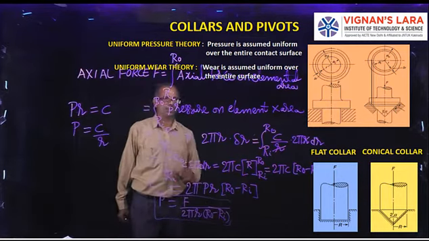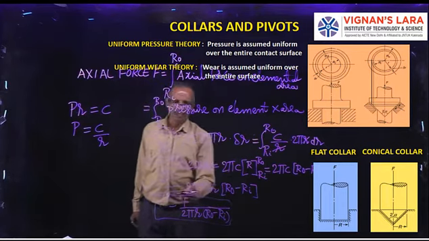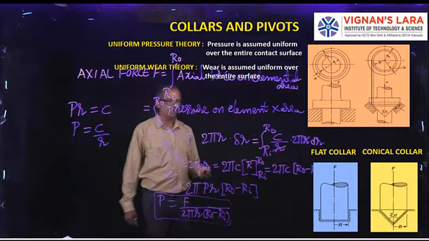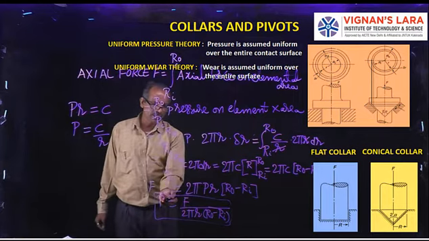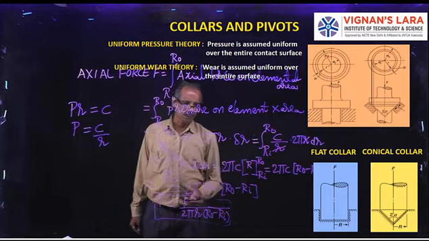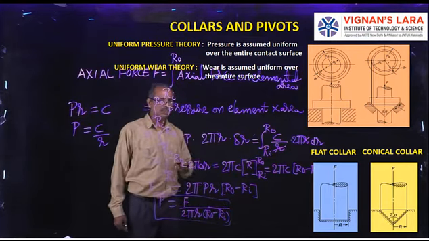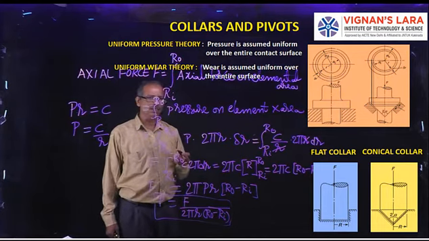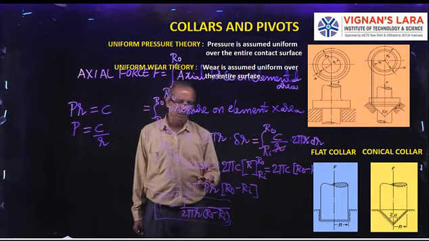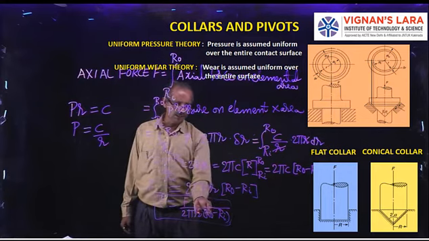This is the equation useful to use in uniform wear theory. So here, what is the flaw in it? Let us see. What it says is pressure is equal to F by 2 pi R into R0 minus Ri. Let us take a case where Ri is 0, that is at the center of the body or the center of the shaft. What is the pressure? If I write my Ri as 0, then this R is now Ri.